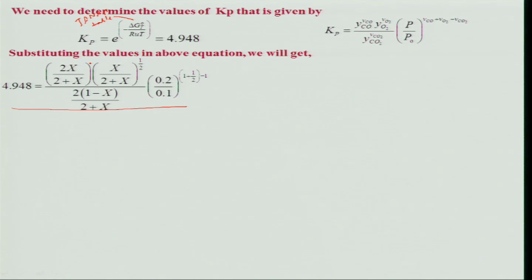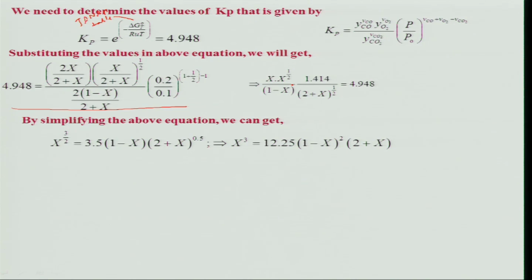So, we need to solve, because if you look at this expression, it is basically in terms of x only, right. So, if I get this x, then I can get the equilibrium composition for the species being considered, like CO, CO2 and oxygen. So, what I will do, if you simplify this, you will get this 4.948 and then this, and then you will have to simplify further, and you will get an expression which is cubic in nature. Sometimes, very rarely of course, you will get a quadratic equation. If it is quadratic, you can get it easily.